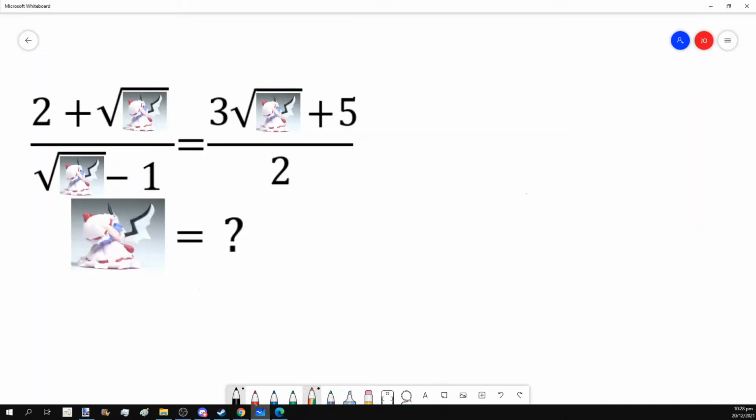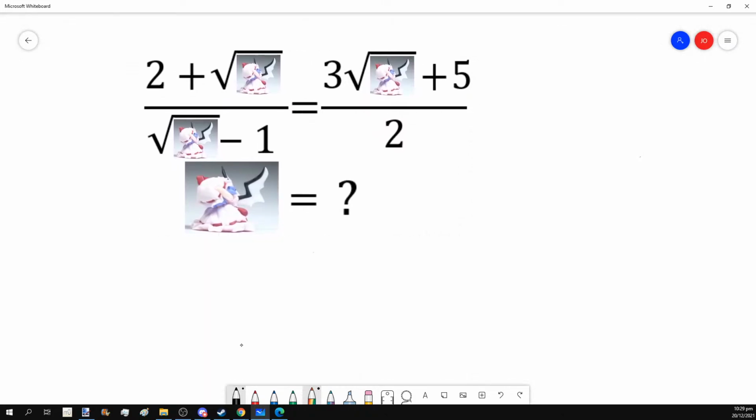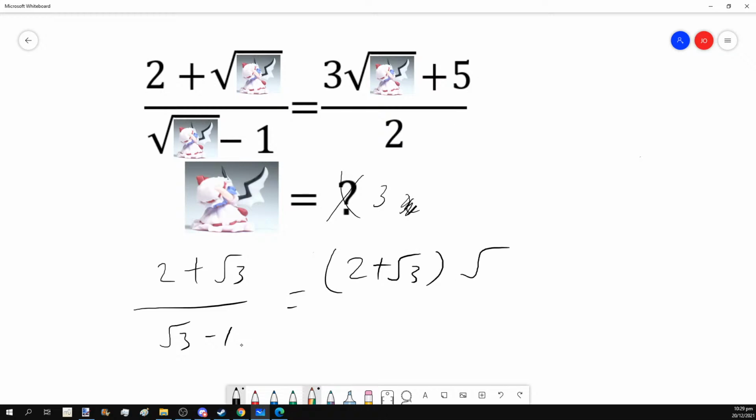So let's go back to Remilia curl for a while. The original problem proposed here is to simply find the value of Remilia curl. But in actuality, there is another problem that we can see over here. Just now, we have already worked out that, well, not x, that Remilia curl is equal to 3, right? So let's take a look at the math problem again. The left-hand side is 2 plus root 3 over root 3 minus 1. Observe that if I rationalize the denominator,